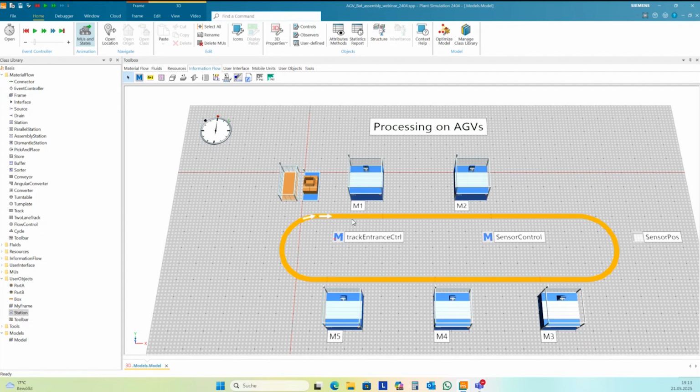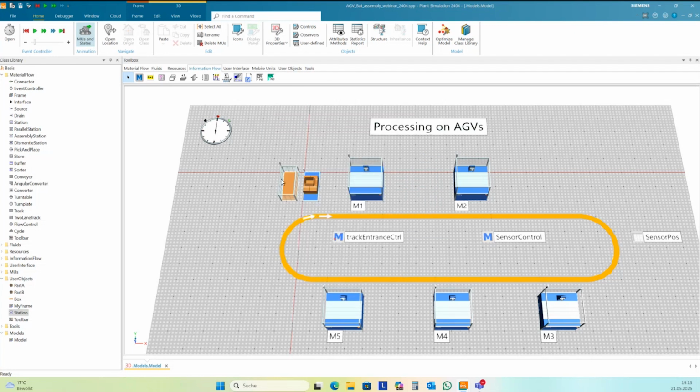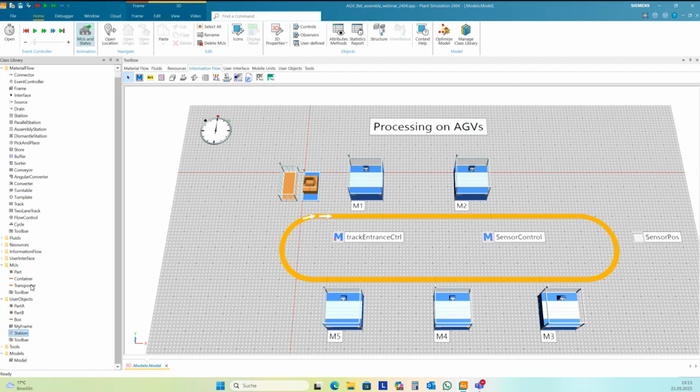Now some basic setting here. Station should have a processing time of 45 seconds. So I make it in the class library, and this value will be inherited to all the stations. And I want to create an HEV, and I duplicate. I want to change the transport a little bit, so I duplicate